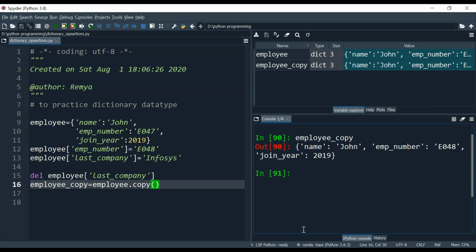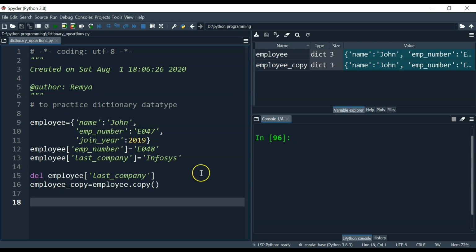You can see employee_copy is an extra copy of the employee dictionary object itself. So that's all about the dictionary data type. We have seen how you can create a dictionary and how you can do manipulations in a dictionary. You have seen different data types, list, tuple and dictionary in this video. Thanks for watching. Happy learning.